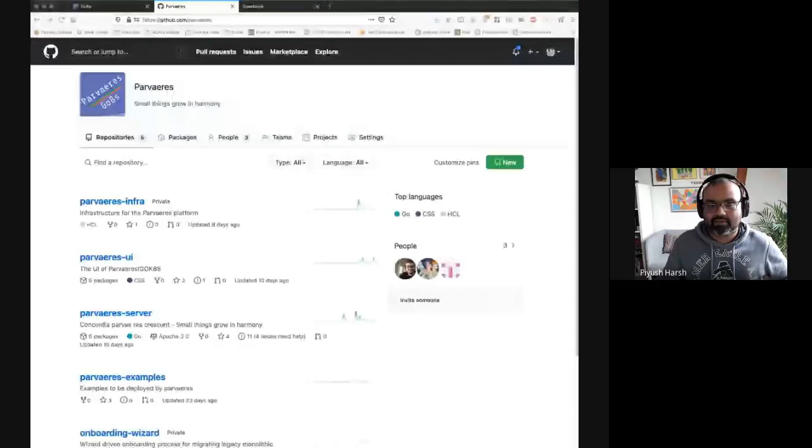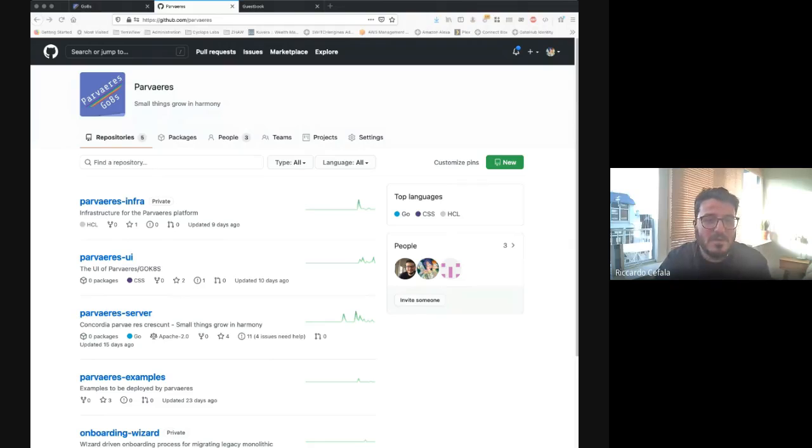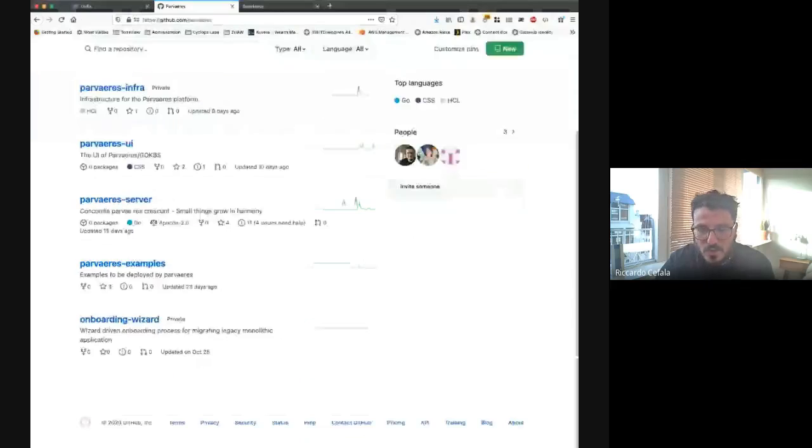So the entire Parvaeres code base has been released as open source, and you should be able to access the entire code base on GitHub. I will give the handle back to Ricardo. Maybe he can speak a bit about the GitHub collection of repositories and how someone from the community could contribute back. Yes, absolutely. So we have a separate organization on GitHub, and Parvaeres is only two components: the server and